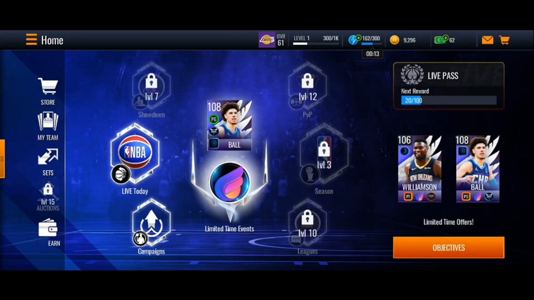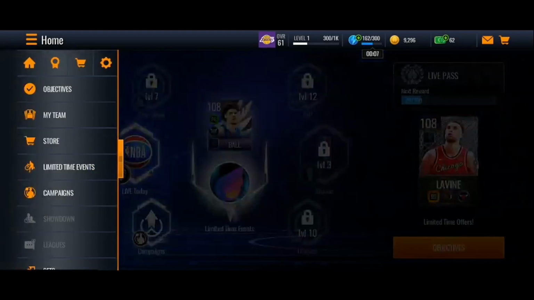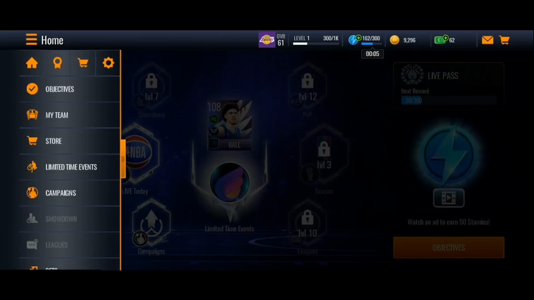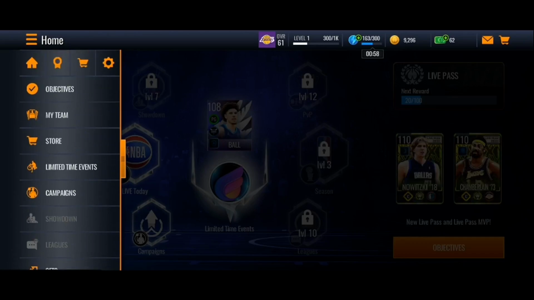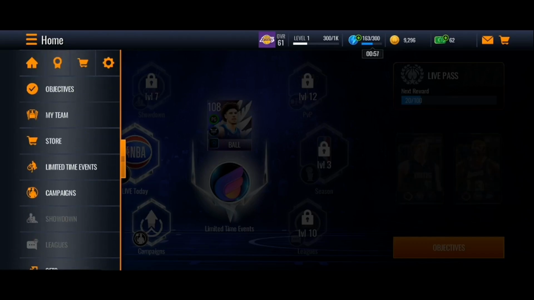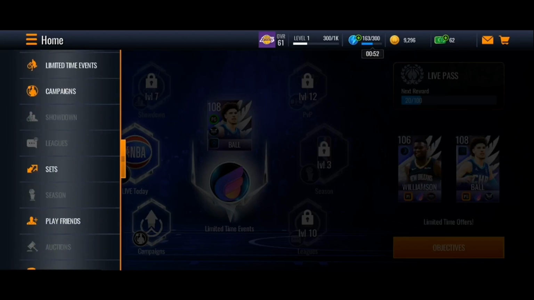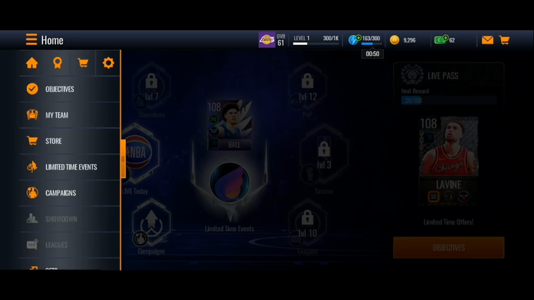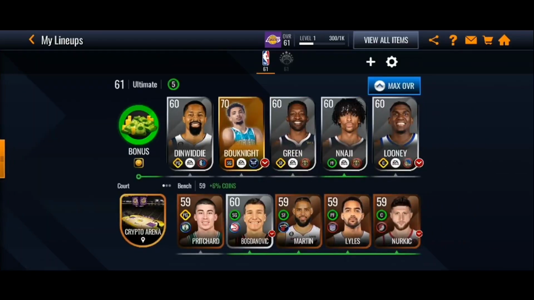So the first thing that we're gonna do is go to the top left corner, click on this sandwich icon, and then you're gonna be right here. You're gonna find yourself in this list. Basically, guys, in this list, you're gonna find objectives, my team, store, limited time events, campaigns, and so on. Make sure that you search for my team, go ahead and click on it, and then you're gonna be right